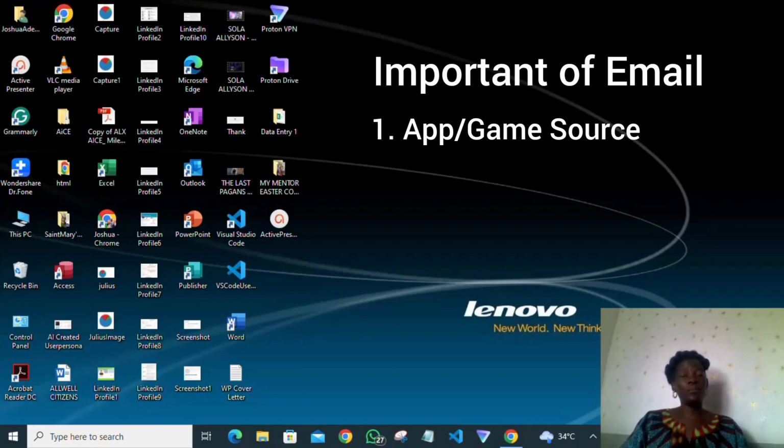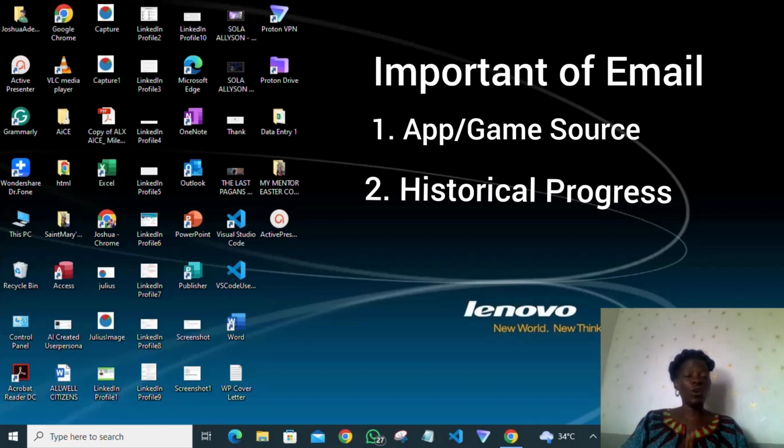Number 2, an email is a proof of the history of your coding journey. Remember, this coding is a tech skill, and every tech kid or tech individual who has made exploits has a history. So when you are coding and every app or game you develop is connected to an email, it will always be showing how you are progressing, such that later in the future, when that opportunity comes for you to do something global and you say, oh, I started my coding